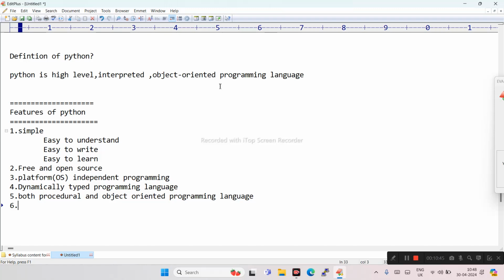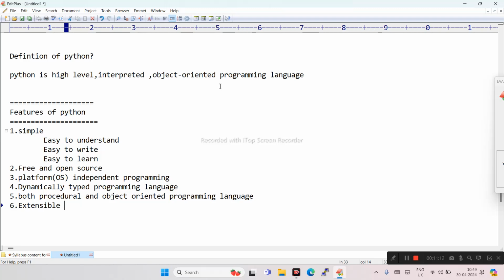The sixth one is that it can be embedded and it can be extensible. That means you can use Python along with a different programming language. For example, if you take a Java project, you can add Python into the Java project and use whatever advantages Python has in the Java project also.